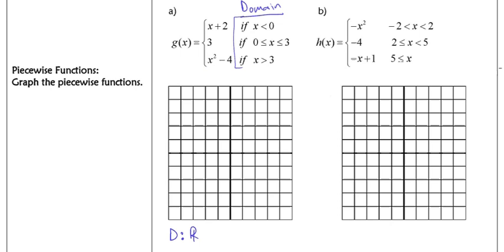fact true. And so let's graph these three pieces, and I'll graph it in a couple of different colors just to make that more clear. So this first one we'll graph in blue, x plus 2. When x is less than 0, we graph x plus 2. And so if it's 0, we're going to have 2. If it's negative 1, plus 2 is 1. And really it's y equals x plus 2. And there's our slope of 1